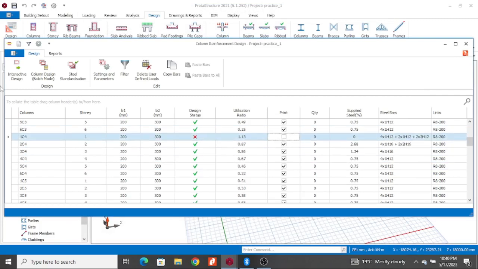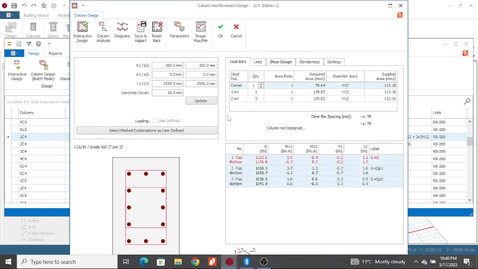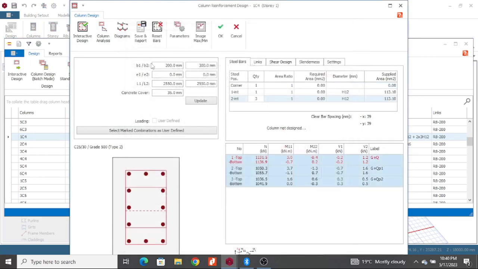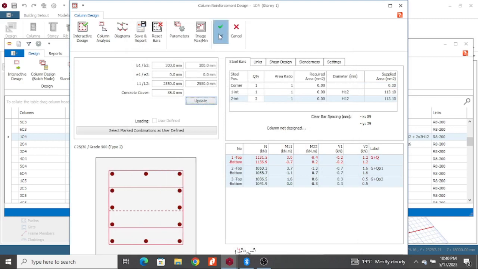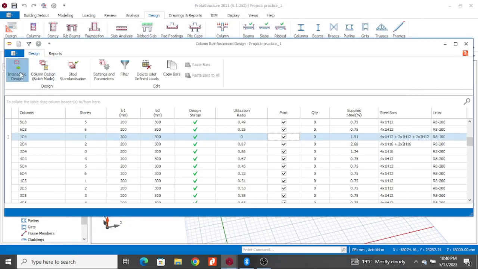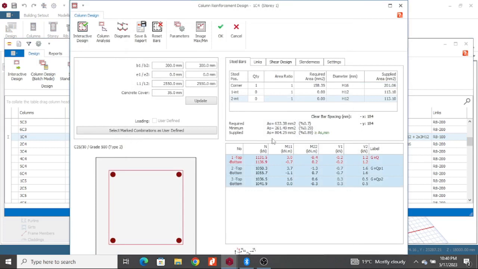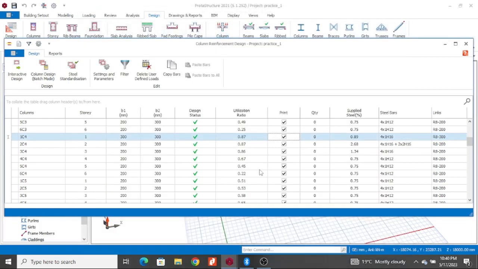Even this one that has failed here, the story is the same. If you cannot see anything here, you go to interactive design, increase section size. This is less than that, so increase that to 300, update. When you press OK, it is passing. Then when you go to interactive design, okay, you see I've provided 804 against 633 required. Okay, so that is how you do it for all the columns